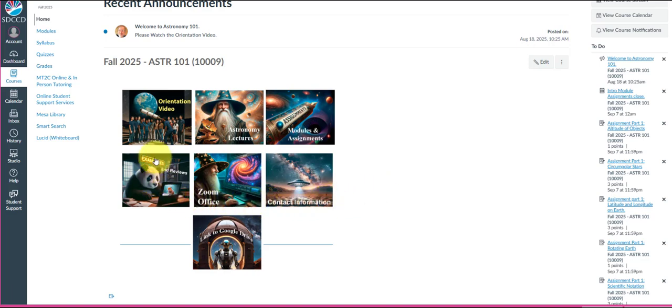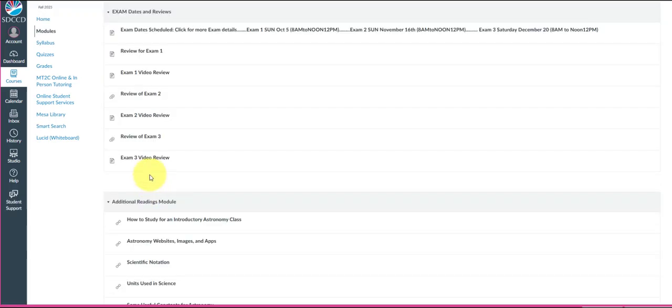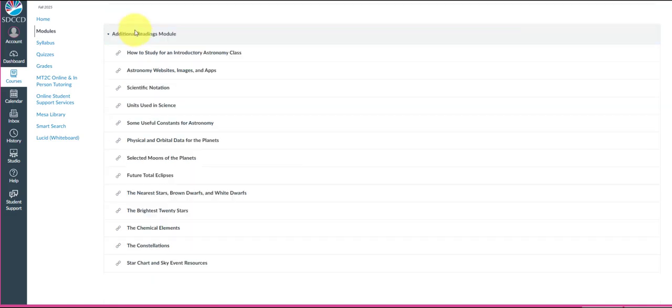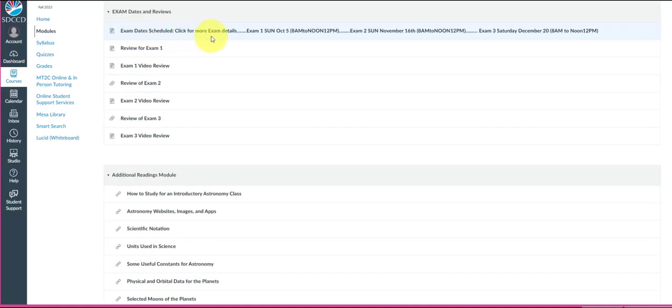Now, if you don't know when your exams are, you just click on this teddy bear here. You click on it and you can see exactly when your exams are. You can see some of them are in October, November, December, and so on. Now your class may be different, your times may be different, but the times and dates are always going to be here, so you can check it out. Be ready for the exams.